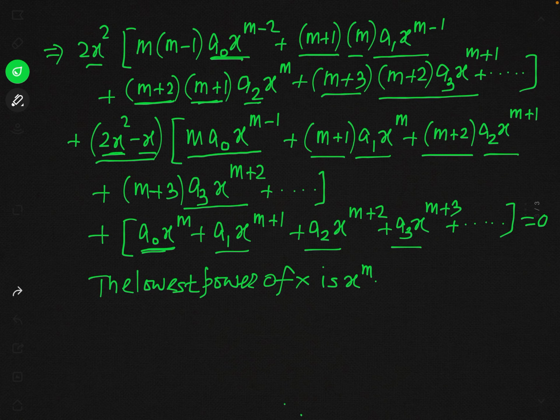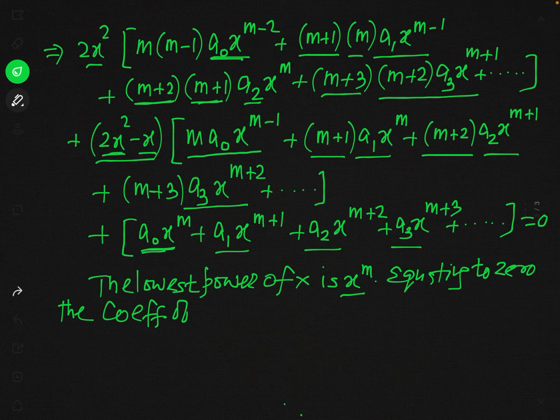And what we will now do is simply equate the coefficient of this lowest power of x to 0. So equating to 0 the coefficient of x to the power m, we get: